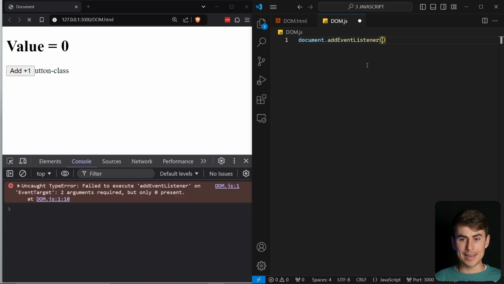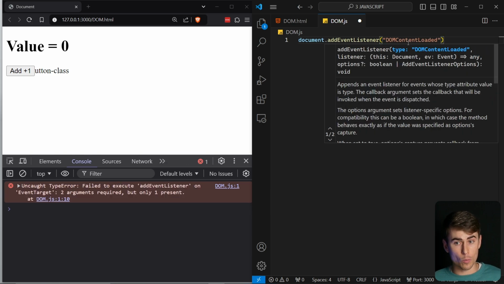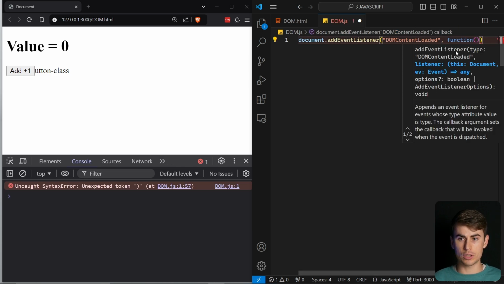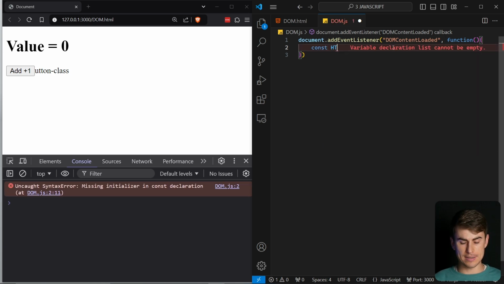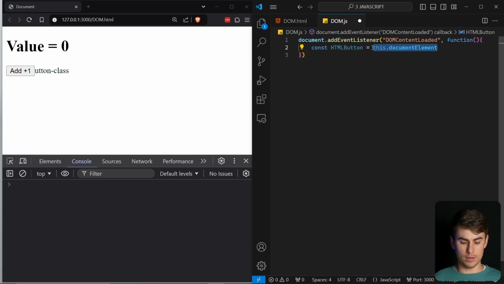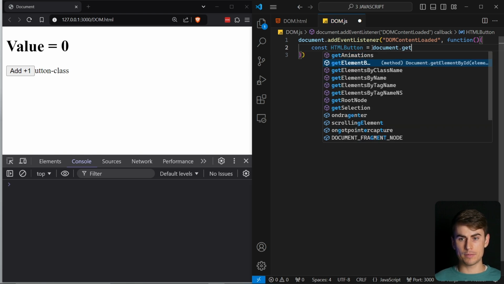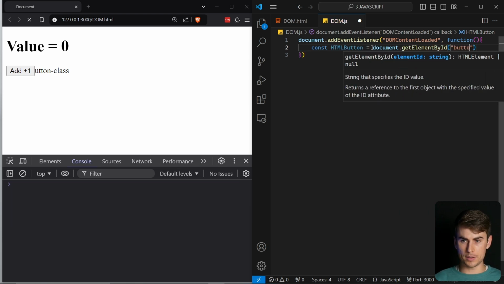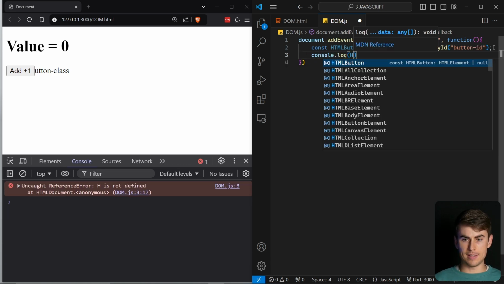document.addEventListener. In this case, the event listener is going to be called DOMContentLoaded. As I told you, DOM is the document object model. When the document is loaded, we're going to do something. Okay, so I'm going to add a function, open and close parentheses, open and close curly braces. And now if I select here a button, okay, const HTML button is equal to document.getElementById, and I say button ID, and console.log the HTML button,